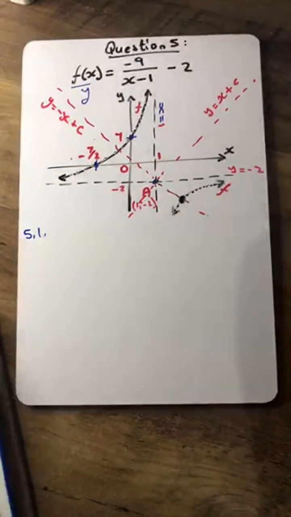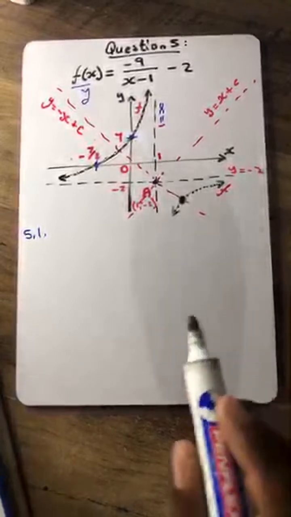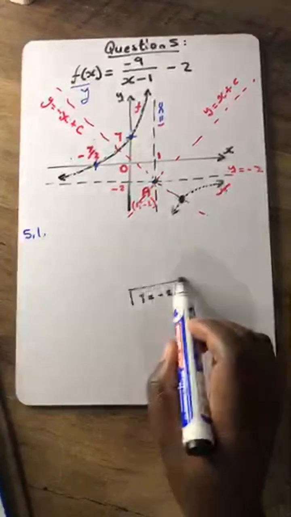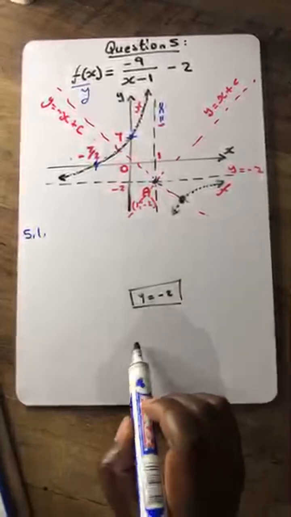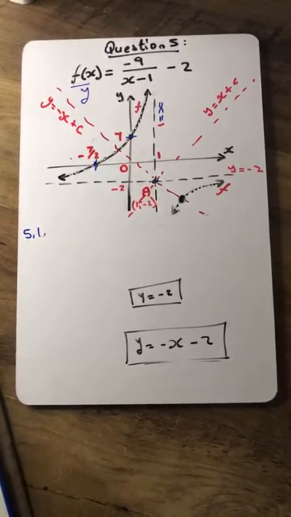Okay, 100%. But you just need to be careful that when they say equation, if you say y is equals to -2, it's like you are giving that as the equation of a straight line. But what they wanted is for you to write it in that format of y is equals to negative x minus 2. So you need to give it in that format, because that is the equation. But what makes me happy is that the values that you got which came out of that are correct. It's just a matter of